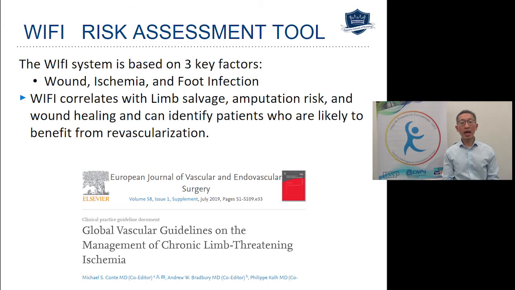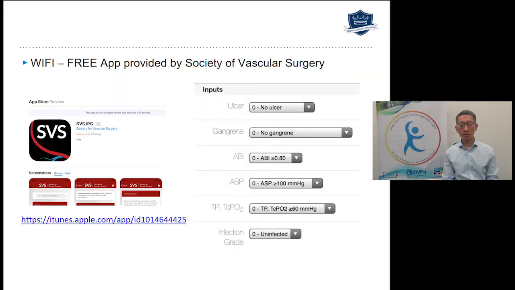In fact, there is a downloadable app to facilitate the calculation of the score. Based on the scoring, we can stratify at-risk individuals who may develop an ischemic limb and may end up with amputation. So we look at about 6 parameters: the ulcers, the presence of gangrene, the ABI value, the systolic pressure, the transcutaneous